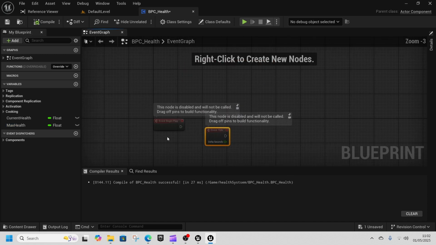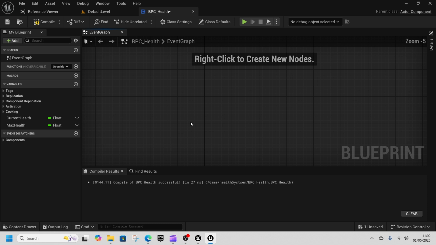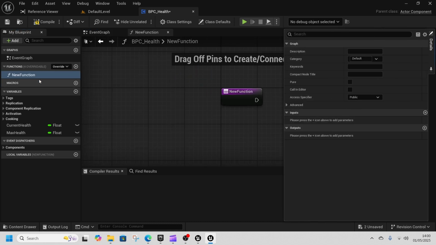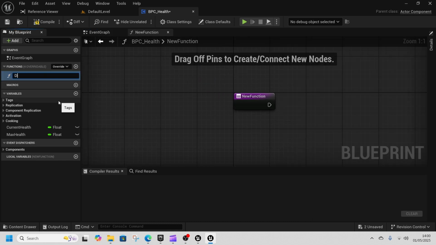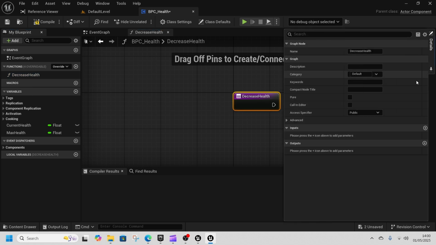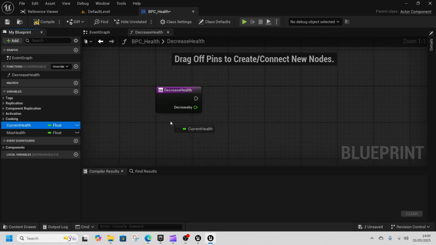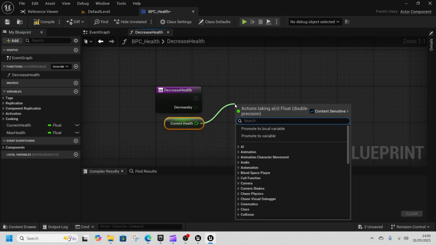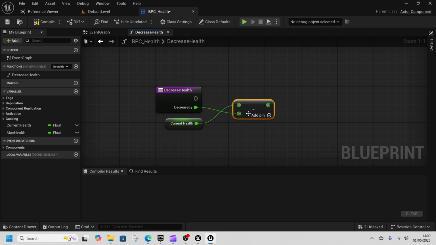Okay, we're going to get rid of begin play and event tick because we don't need those. We're going to create a function. So this will be decrease health, and inside decrease health we want an amount, a float. So decrease by, and then we want to get current health and subtract the decrease by from it, and then we're going to set current health,